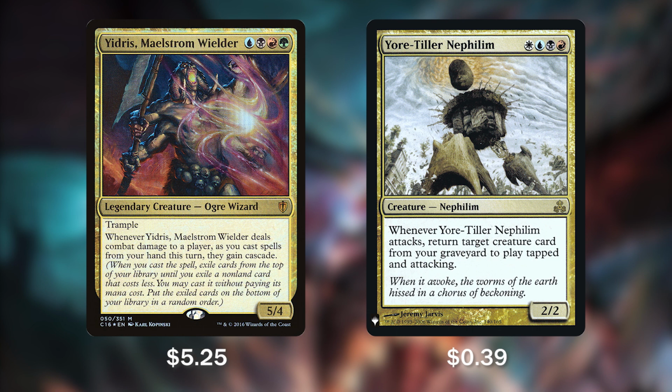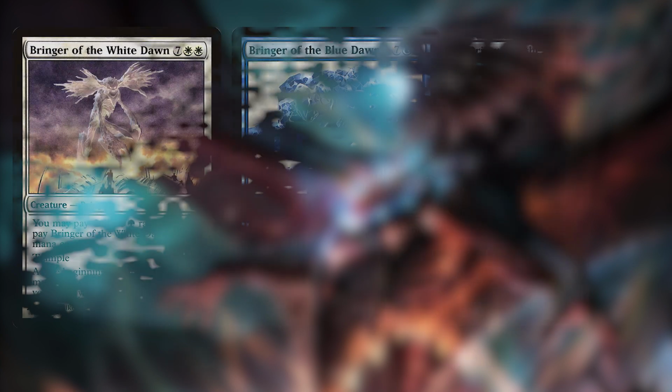All we have to do is enter combat and make it attack in order to get a free reanimate of any creature from our graveyard. And of course, we're going to have lots of good options. But the real gem of the deck is this next cycle I am so pumped to talk about, and that